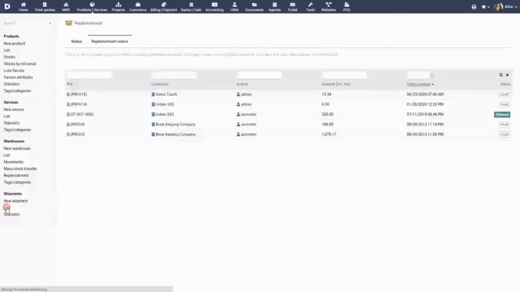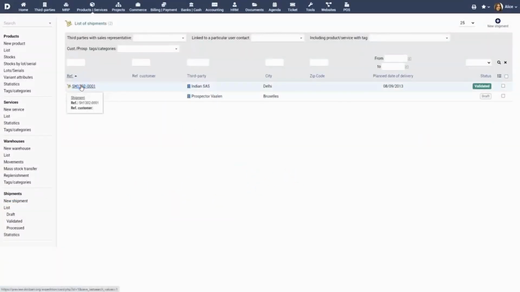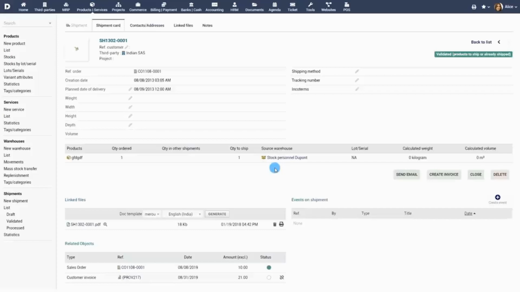You can also add and track shipments and deliveries for the products. There are also